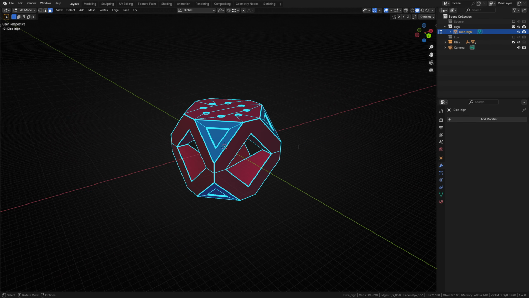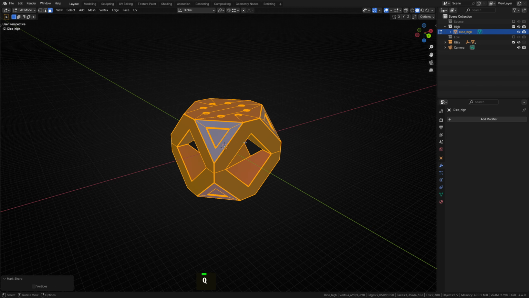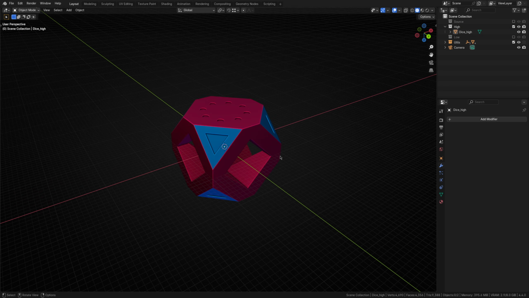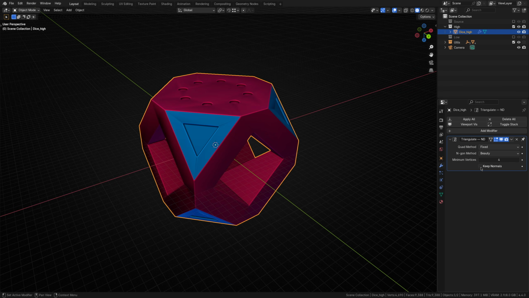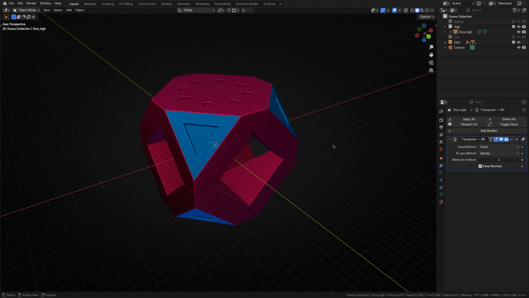While I'm here, I'll also remove the sharp edges added by the smooth by angle modifier, given that the object's bevel is holding together the shading. Then I'll go back into object mode. As a final step, I'll apply a triangulate modifier via the packaging menu and ensure the keep normals option is checked. This option isn't visible on every version of Blender, so don't worry if you don't see it. My high poly object is now ready.